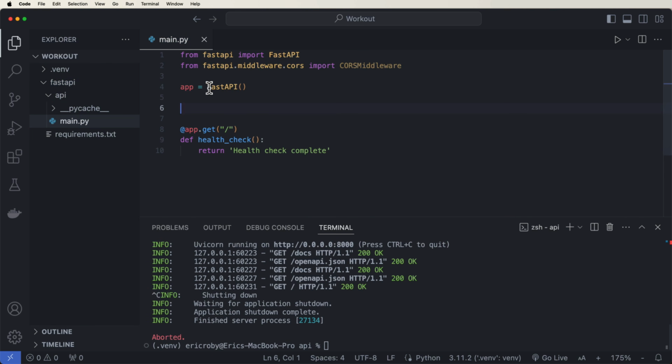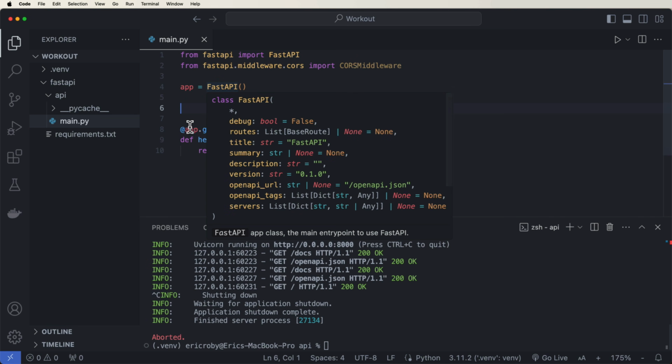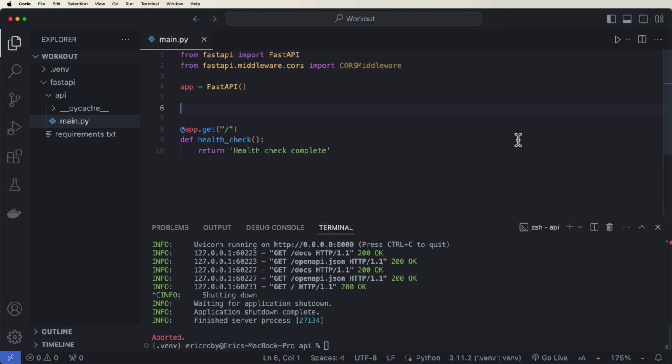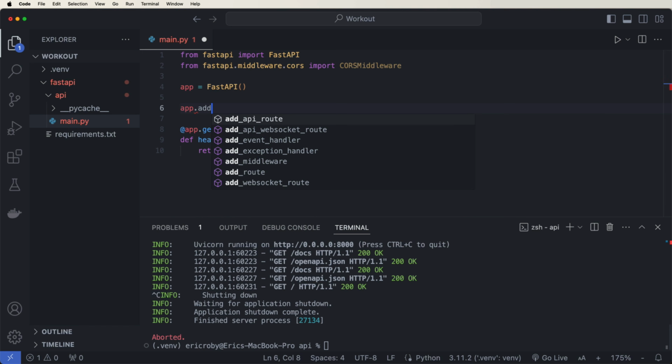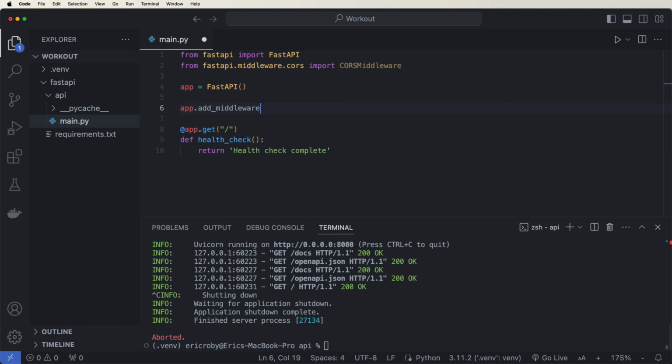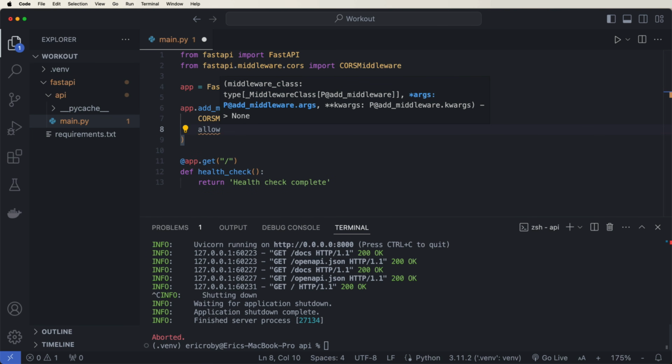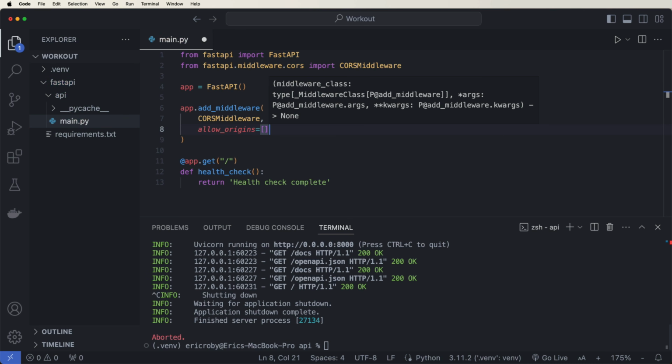And now underneath our app = FastAPI(), but before our app.get, let's say app.add_middleware, our CORSMiddleware, where our allow_origins is equal to http://